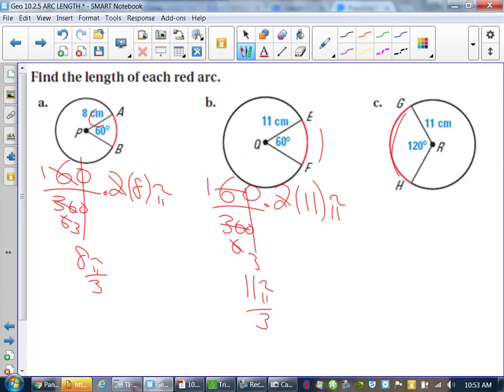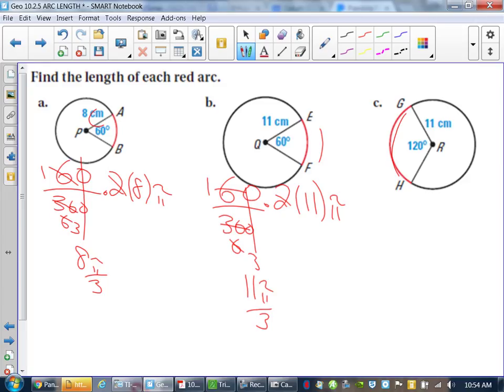Now take a look at the next question. The next one has the exact same radius as part B. They're both 11. If two circles have the same radius, wouldn't they also have the same circumference? Yes. So what happens is that if you have circles with the same radius, those circles would be the